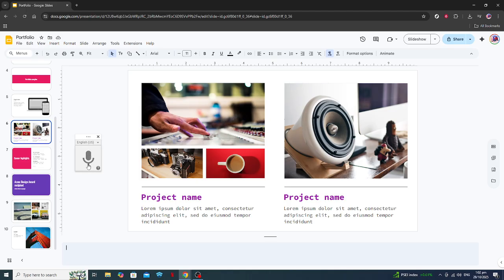You now have the tools to streamline the process of adding notes to your Google Slides presentations using your voice. With practice, you'll find this method can save you time while ensuring detailed notes are